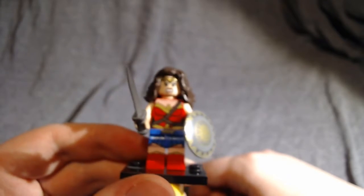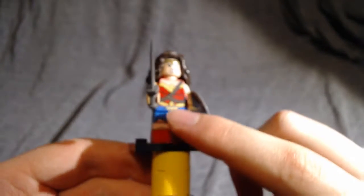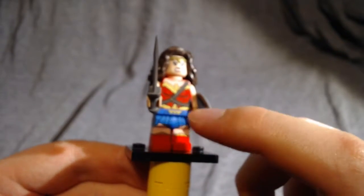Her hairpiece is in brown, which is interesting considering how most other Wonder Woman figures before her have had her hair in black. And I would think her hair is black in the film, but I might have to go see it again. Her little crown, whatever you call that, is printed onto her head, and that amazing detail goes down onto her body, which shows off the, I guess, bird logo there, and the little W looking symbol around her waist. And those gold parts are reflective, so they do shine, and they also shine on her boots, which